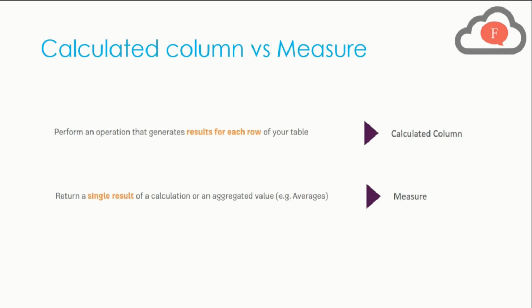So this is quite clear according to me. So what is the difference between them? When you use a row-wise specific result, it can be called a calculated column. Or when you measure a single result or calculation of an aggregated value, that means you are calculating a sum, average, minimum, maximum. These are aggregations of the whole column, not specific to each row. When it is specific to each row, it is calculated in a calculated column, while the result which is single and aggregate is called a measure. So this is the difference between calculated column and measure.